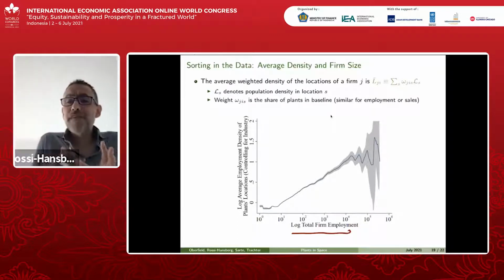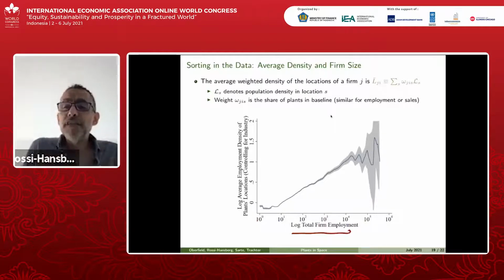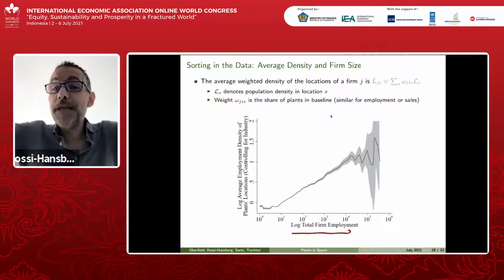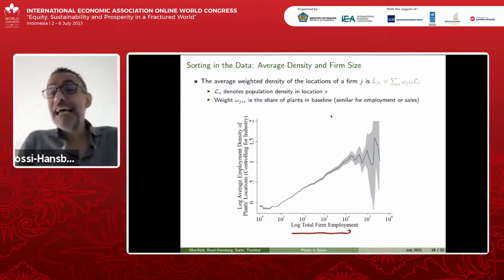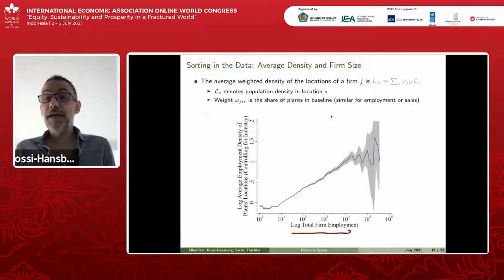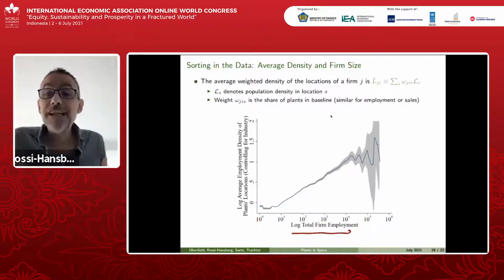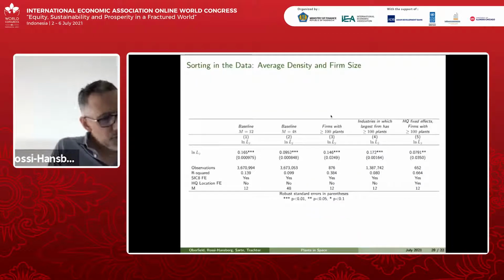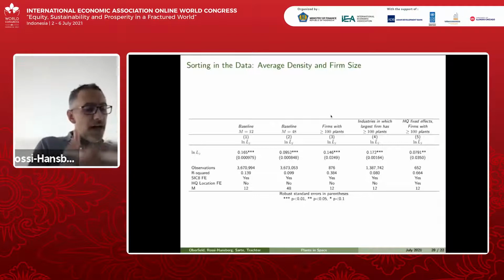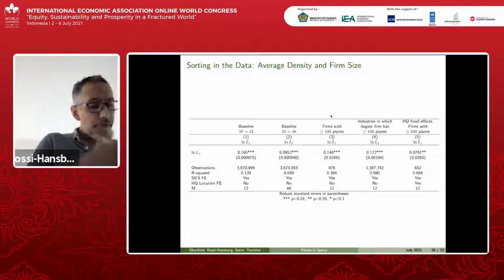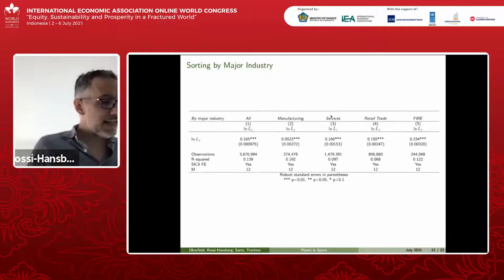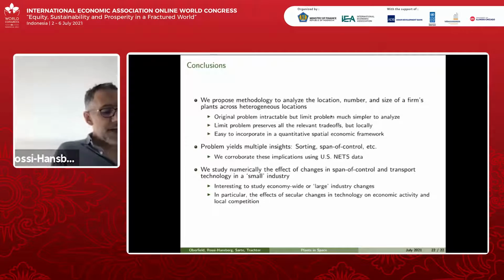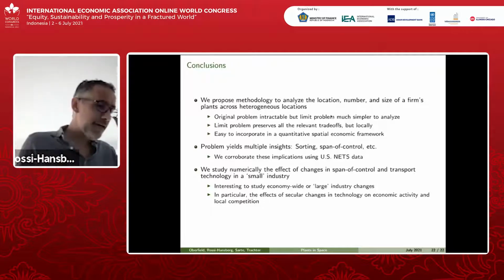Think about it, the standard model gives you exactly the opposite, right? Because the large firms reach more marginal places in the standard model, this curve is exactly the opposite, it's downward sloping. But in the data, it's very clearly upward sloping, which is exactly the sorting result that I was telling you about. And you can do it for different cuts of industries and firms, for the ones that have many plants, etc. Controlling for headquarters. You can do many things to show that it's in fact in the data. And we do many other tests in the paper, but let me stop there given the lack of time.